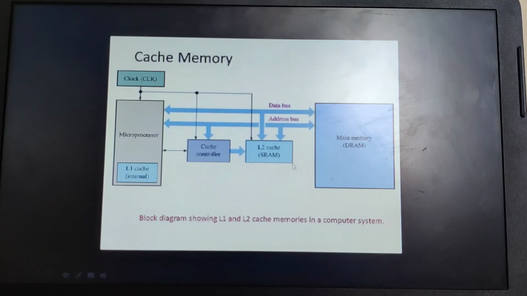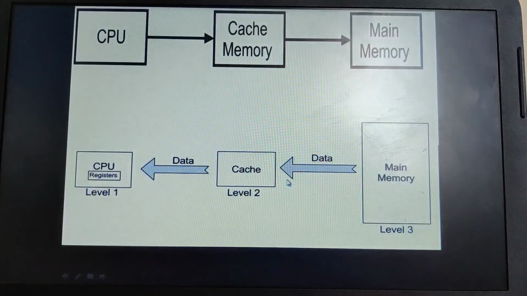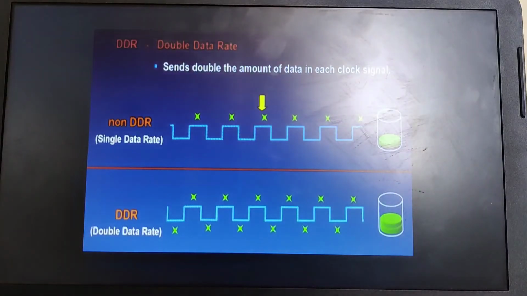Only when the clock signal is high will SDRAM transfer the data to the processor, and it keeps the data for the next instruction that is required by the processor. For example, I have shown this part. This is the rising edge. SDRAM will just forward the data. This is the rising edge and this is the falling edge.